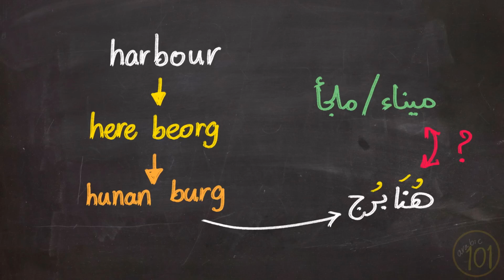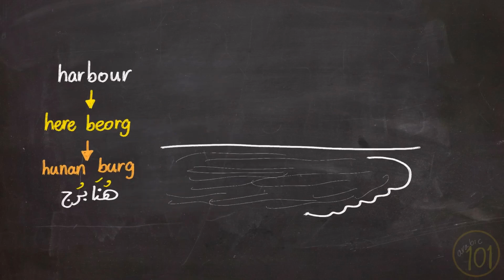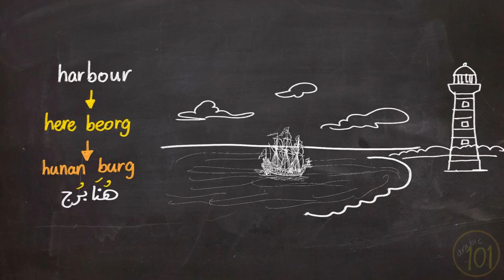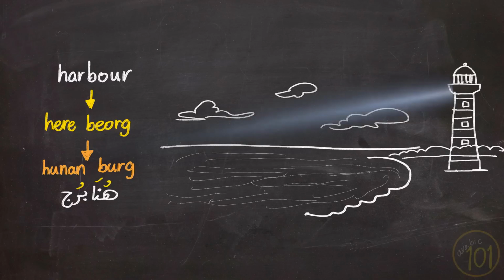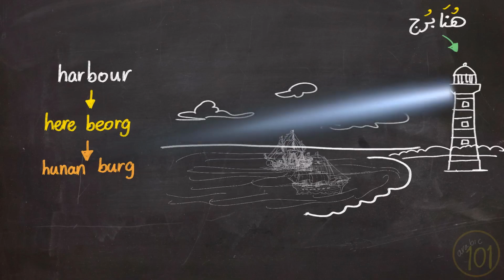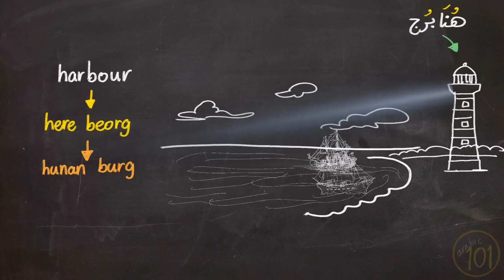But that is not Mina, is it? Well, historically speaking, the English built towers near the shores to warn and protect themselves against the raids coming from the north, the Vikings. And through time, these towers were used to guide ships to the shore, becoming harbors. So that's why the concept of towers near the shores turned into becoming the word for harbor that we know